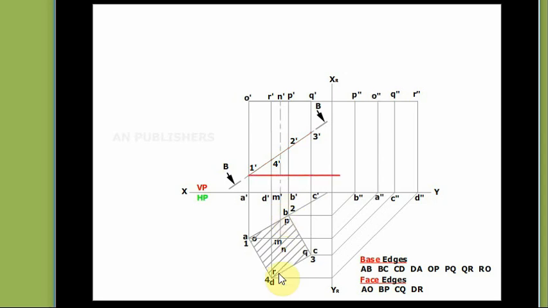In order to draw that section view in the side view, this is 1 dash. 1 dash is on OA. So project this 1 dash horizontally till it meets the edge O double dash A double dash on this side view. The same way, 3 dash on QC, so horizontally you project it till it meets Q double dash C double dash. This is 4 dash on this line. Same way, project it till R dash D dash. So we got all the points here.